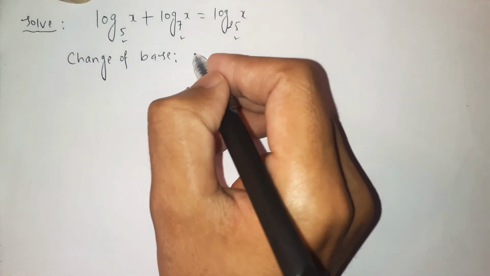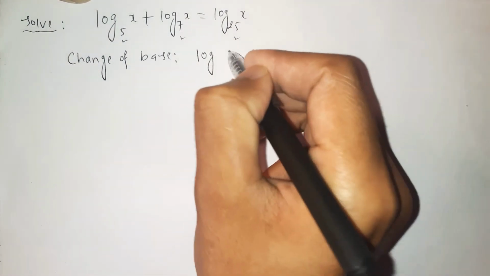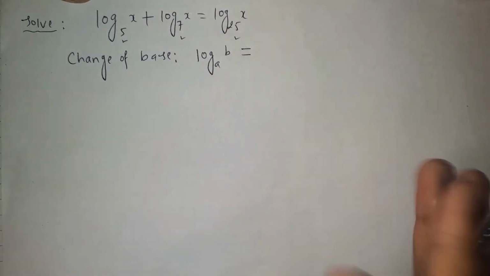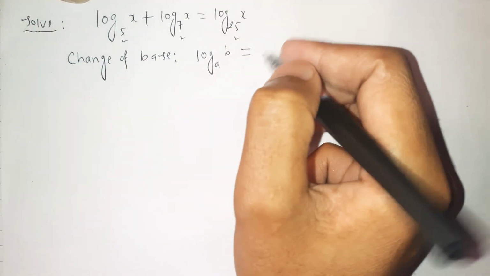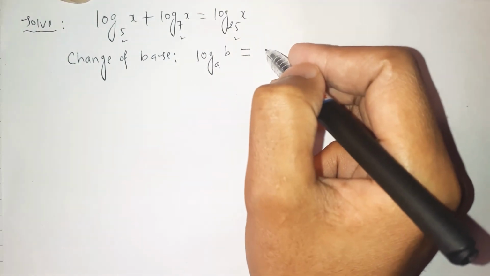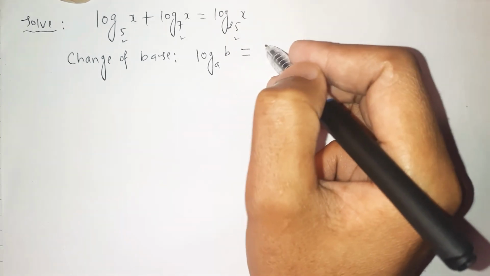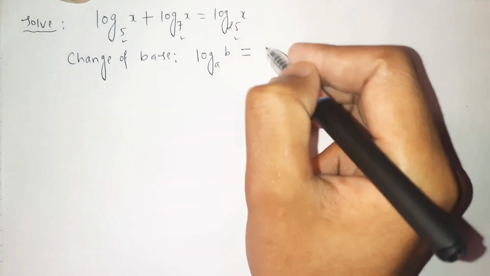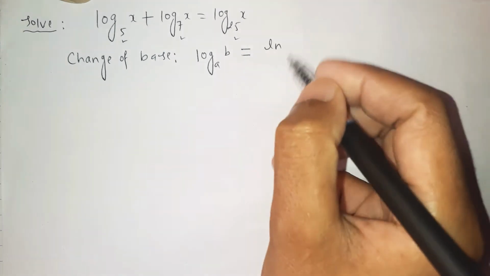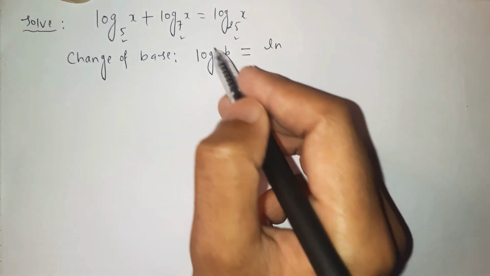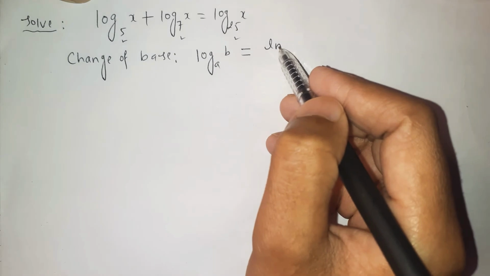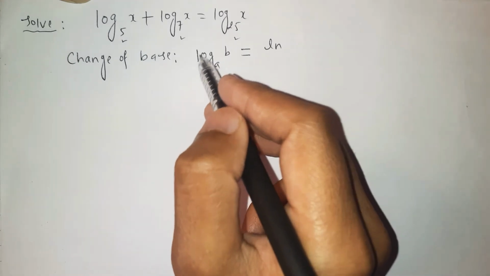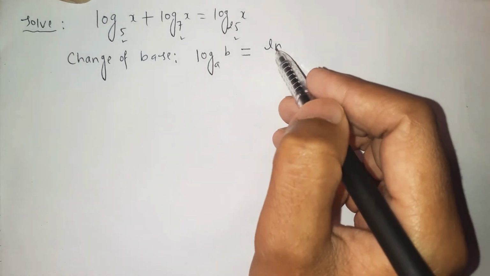Let me write a logarithm, log of number b with base a. This can be written in the change of base format. I am taking the ln, which is the natural log, on both sides. You can take any base of logarithm, any type of logarithm. Let me write the natural logarithm ln. Here I am converting this logarithm with base a into the logarithm with base e, which is called the natural logarithm.